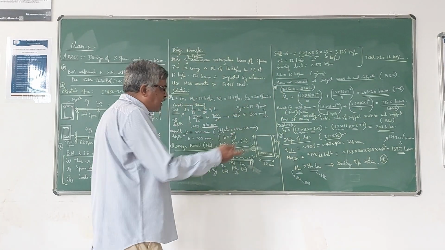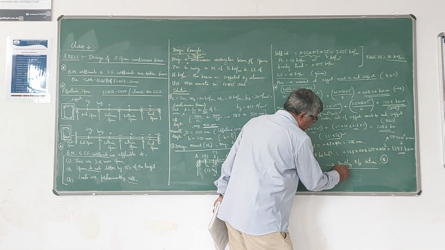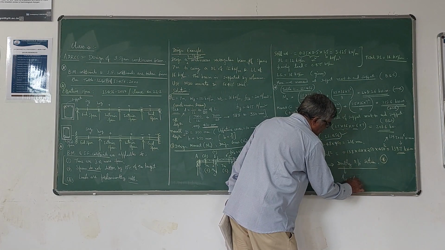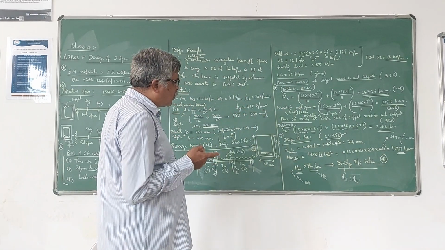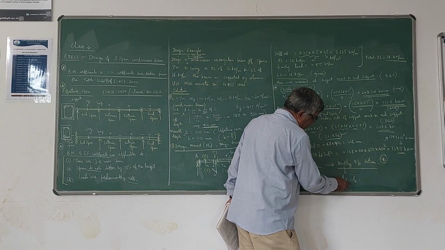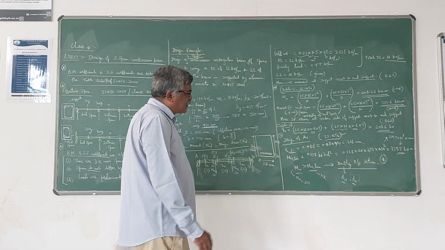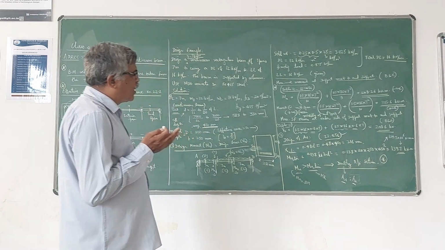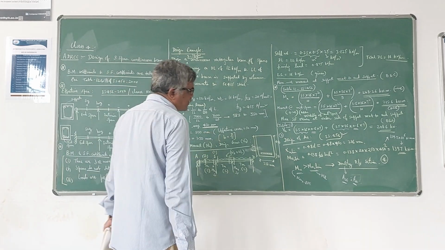If Mu is less than Mu,lim, you can design the section as a singly reinforced section. In the case of a doubly reinforced section, you have to provide both Ast as well as Asc. So you have to provide reinforcement at both top and bottom. The bottom reinforcement takes care of the tension, and the top reinforcement takes care of the compression. This design is similar to the doubly reinforced section which you have designed in your regular RCC. So that will continue in the next video.